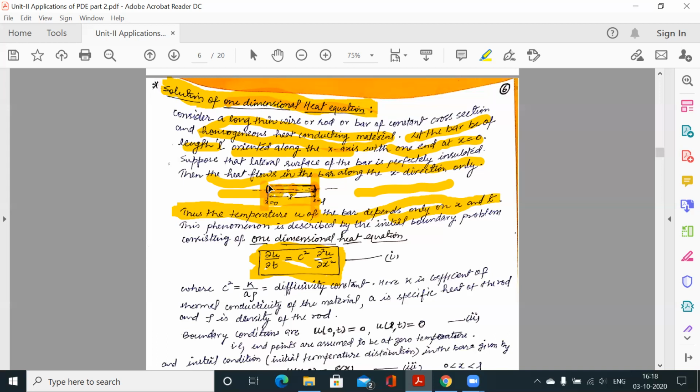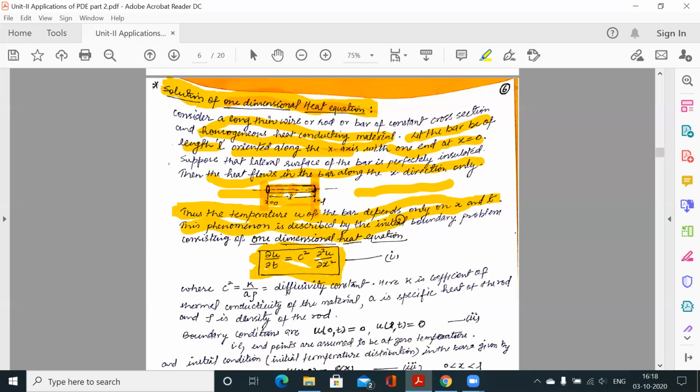It depends on the position along the length of the bar and on the time. Of course, it depends on time, because after some time you will observe that the temperature falls down. Clear? You give heat at the start, so heat flows over the whole rod, and after some time the heat goes down and the temperature goes down.